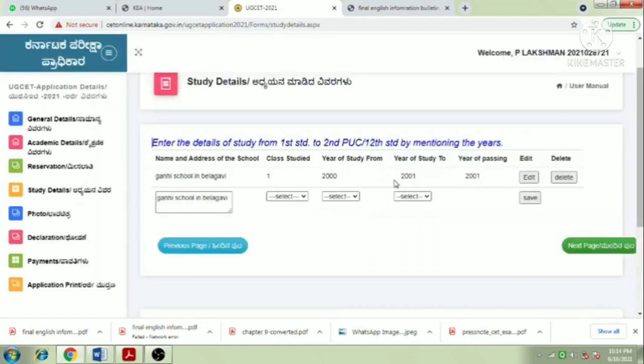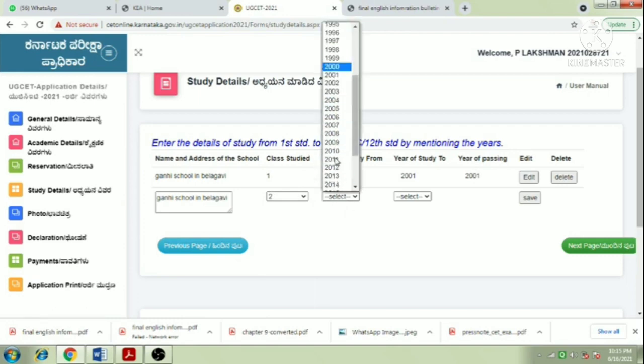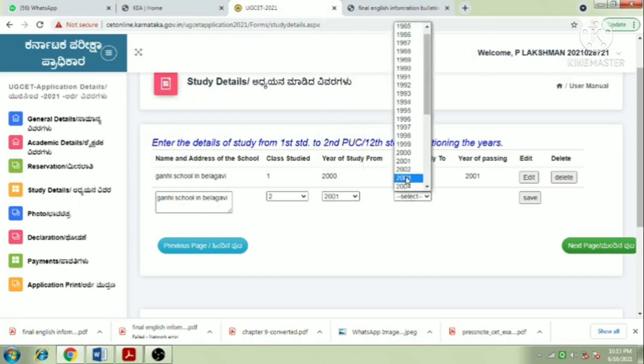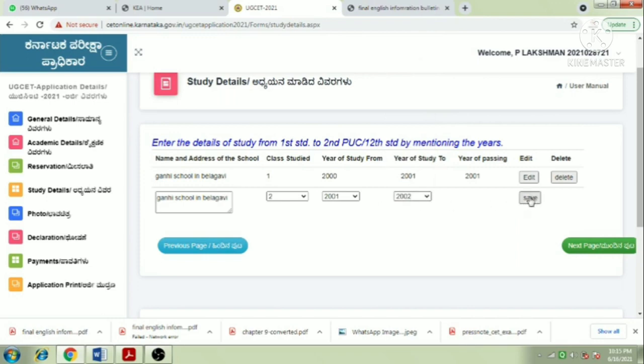Year of study from 2000. Example, the student started 1st class in 2000 and completed it in 2001. Then the passing year also 2001. Then the second class also starts in 2001 only, 2001 to 2002, and the passing year also 2002 only.